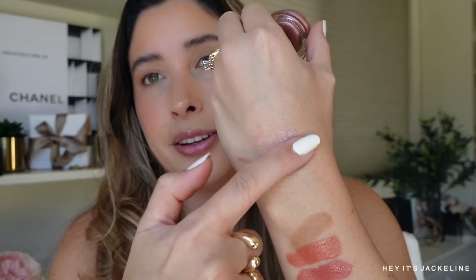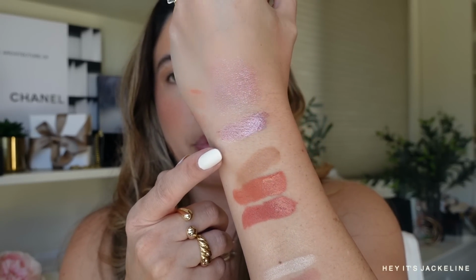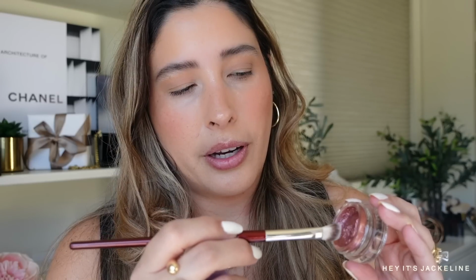Okay, let me show you. Just gonna put it right here, and then I'm just gonna do that. So that's blended in. And that's like one full swipe. I think it's a beautiful shade. It does have a little bit of coolness in it that is beautiful. I'm gonna go ahead and just dab a little bit of brush in there. It does have kind of like a